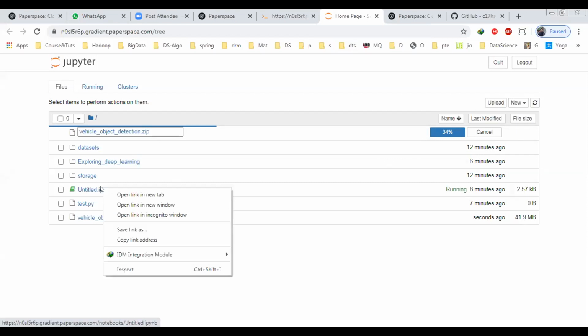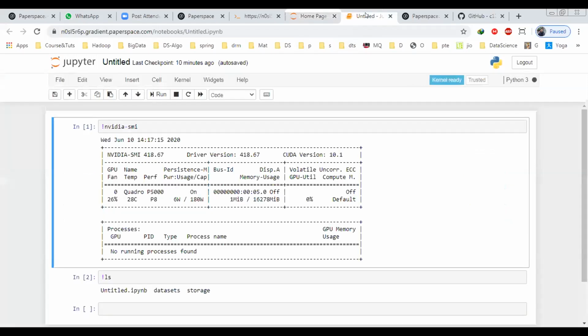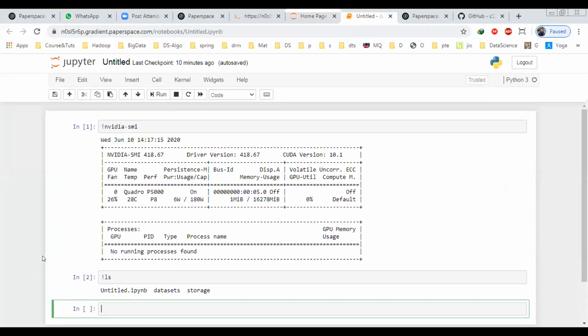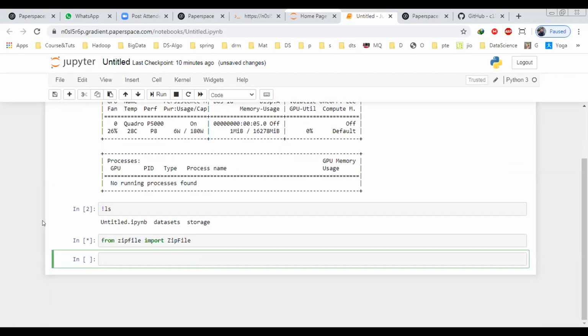Let's open this first. I will show you how to unzip this file. For that, you have to import from zipfile, import ZipFile.